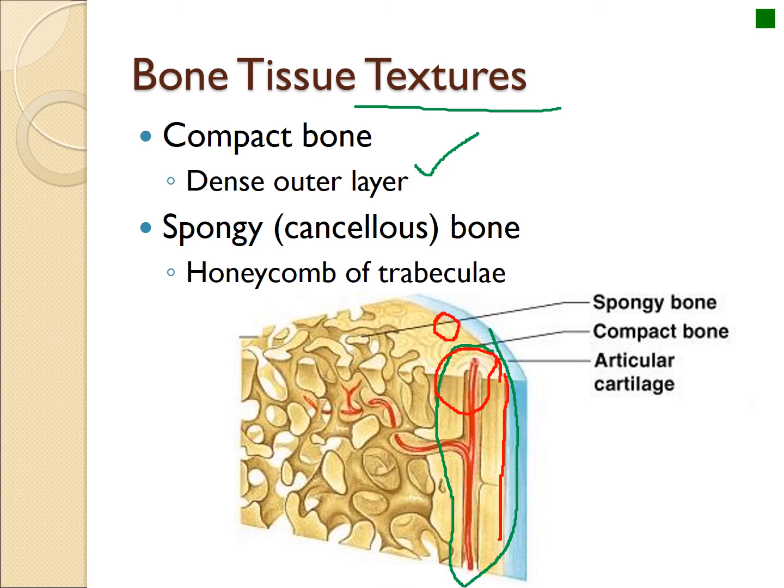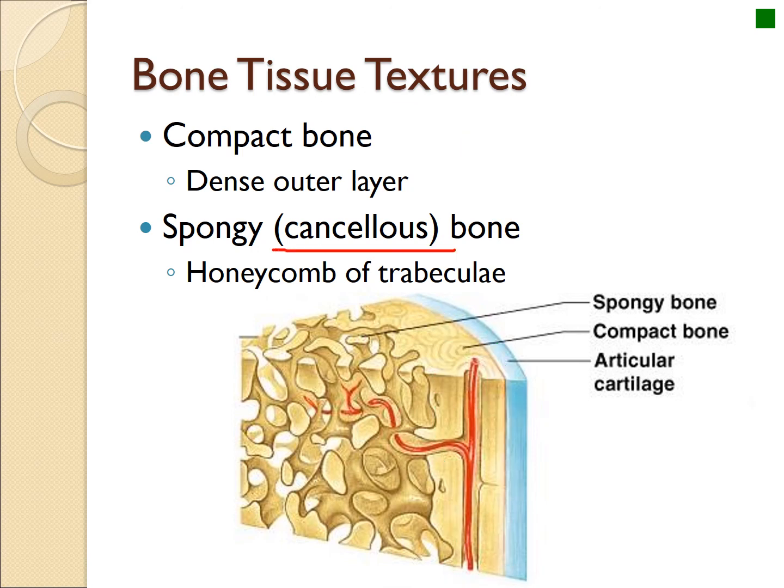And then there's the spongy bone, or what's called cancellous bone, which just means full of holes. It looks like a honeycomb. And don't worry about the term trabecula, because it's sometimes called trabecular bone. Trabeculae are just these little ridges that you see. So the spongy bone, that's the bone, and those are the gaps here. So this is all the gaps. This bone is sort of just ridges of bone that run throughout,